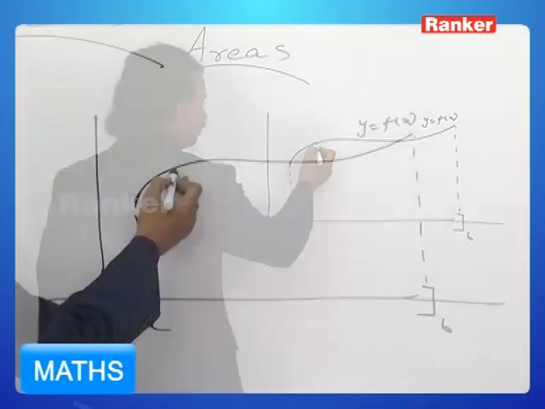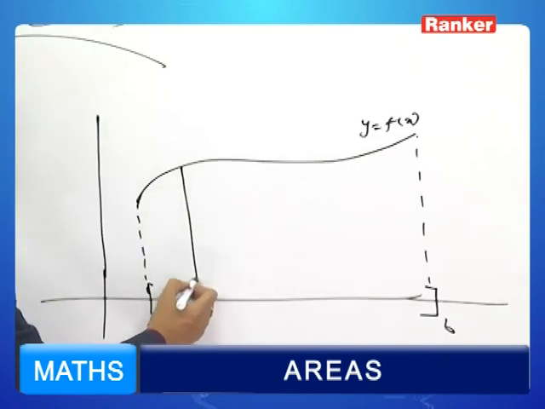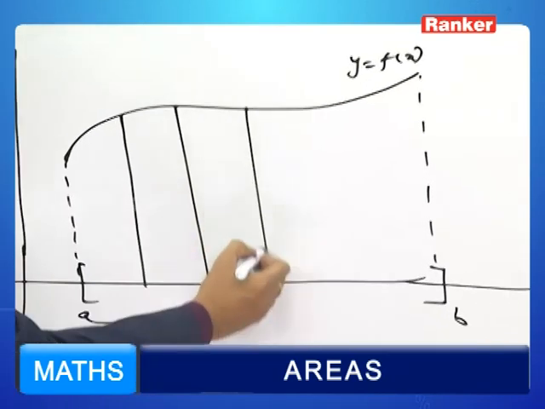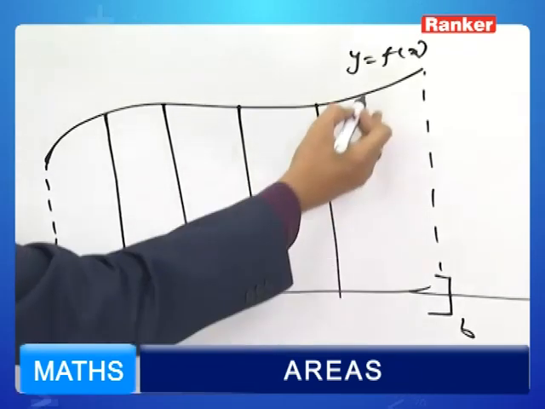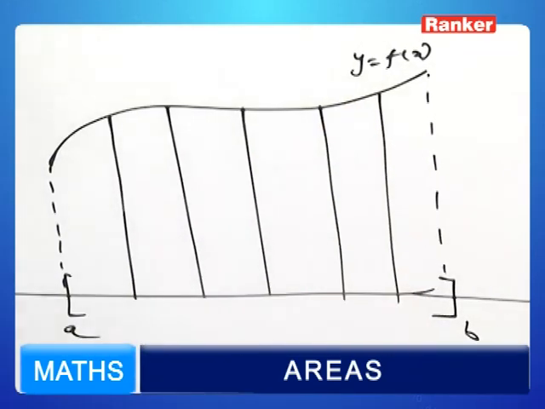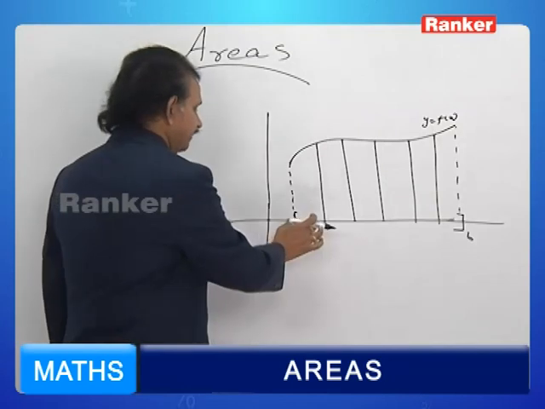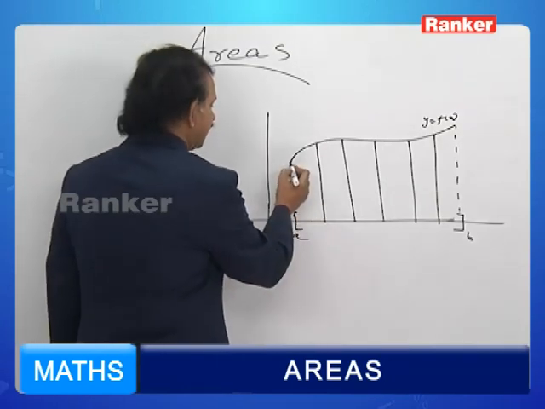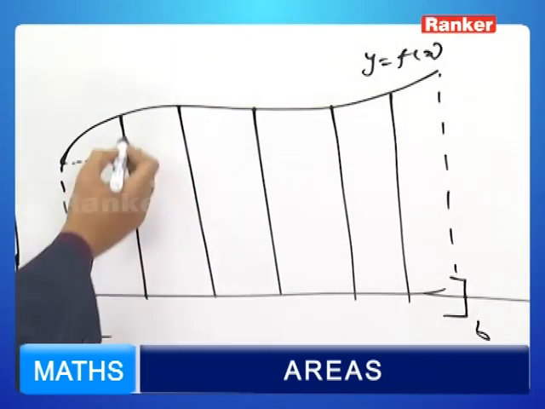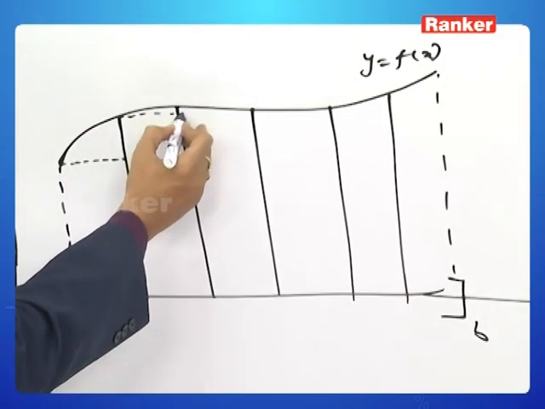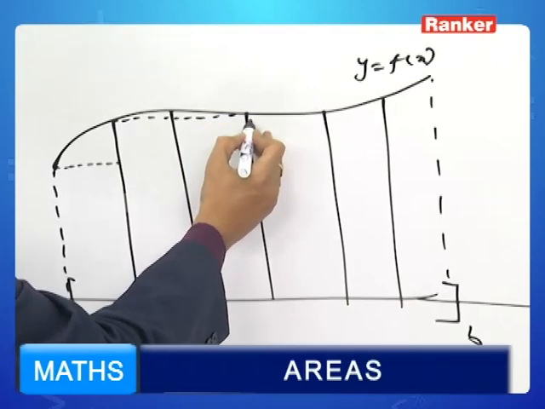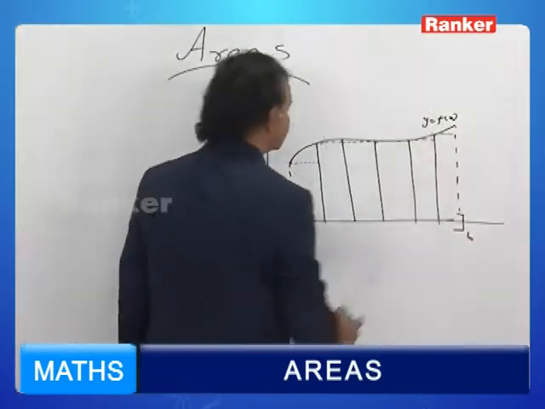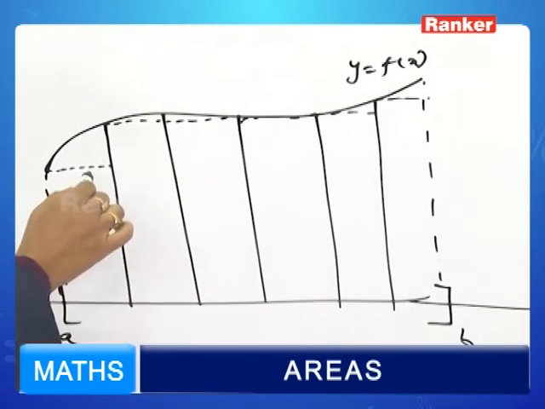Suppose we have split this into so many slices like this. If this width is some delta, you complete the rectangle here like this, like this, like this. As this is a rectangle,